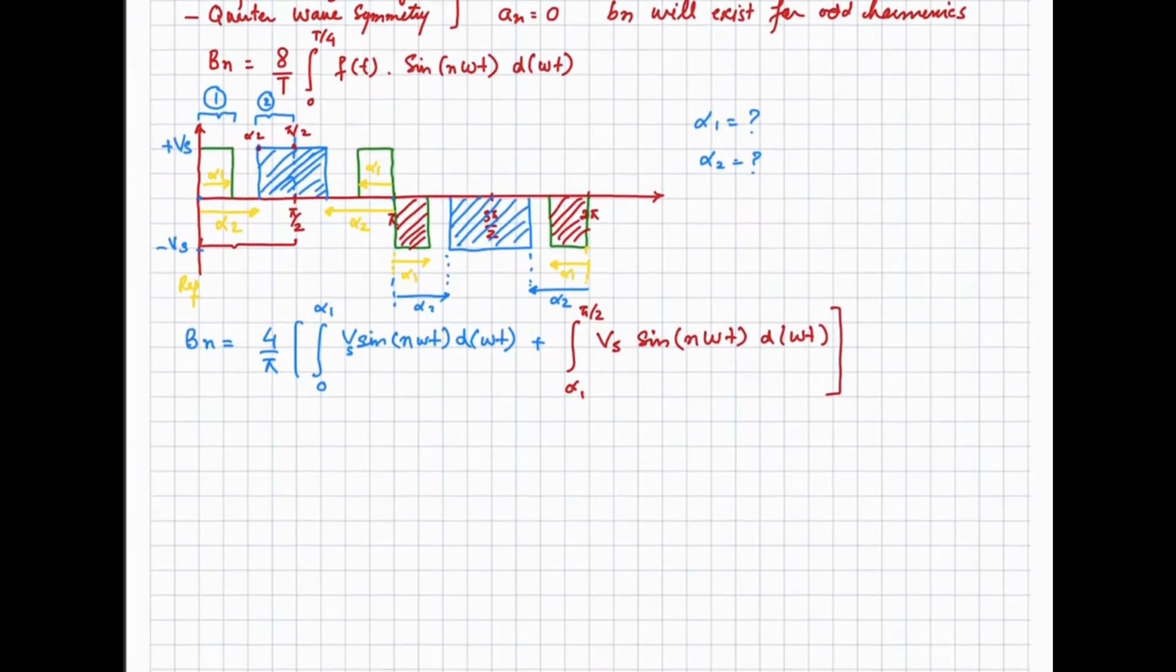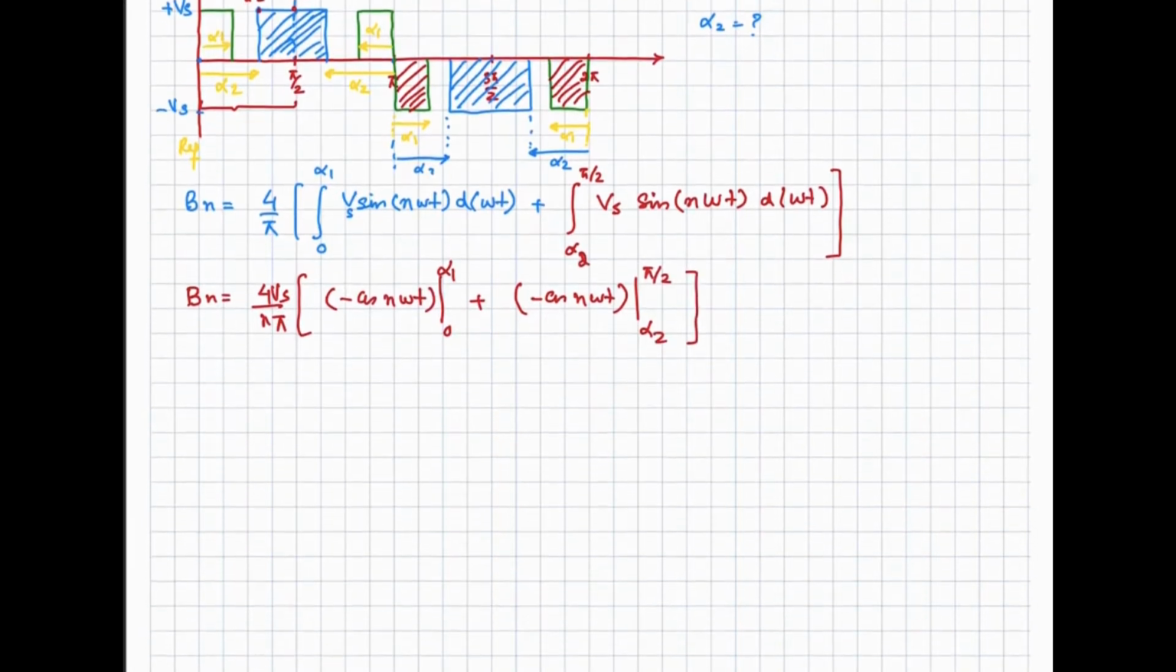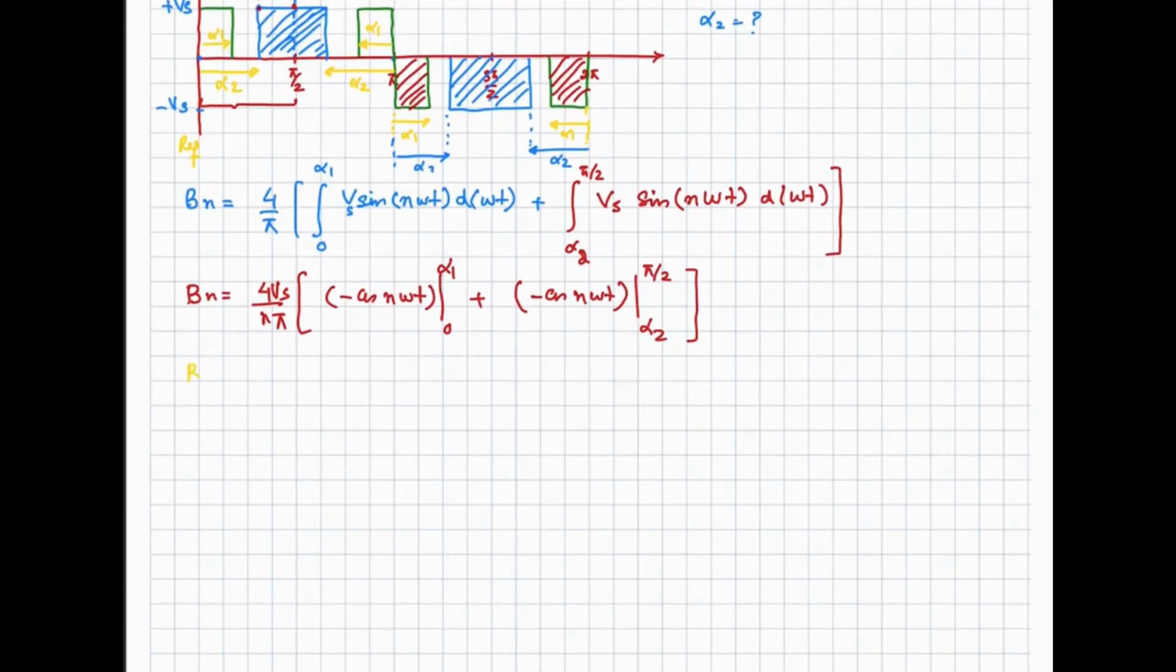Okay, so Bn now can be simplified, and we can write it like that: 4Vs by n pi, and we have minus cos of n omega t, and its integration limits are from 0 to alpha 1. Then the second part, minus cos of n omega t, and the integration limits are from alpha 2 to pi by 2. Right. So now if I apply these limits and write down this expression, this will be equal to 4Vs by n pi